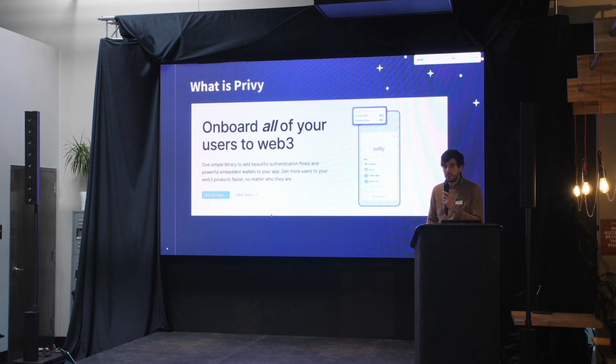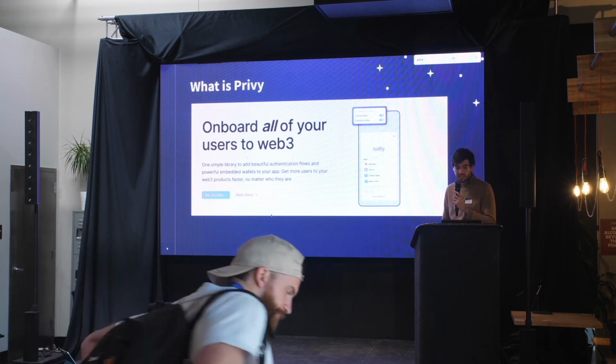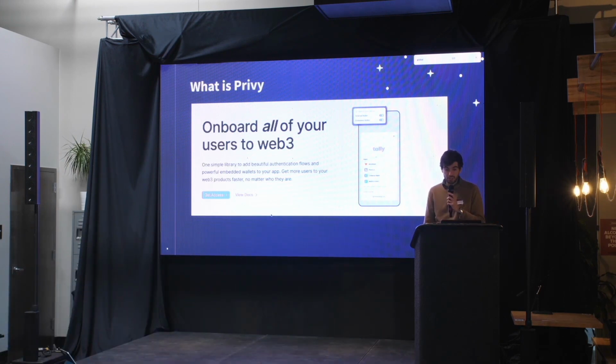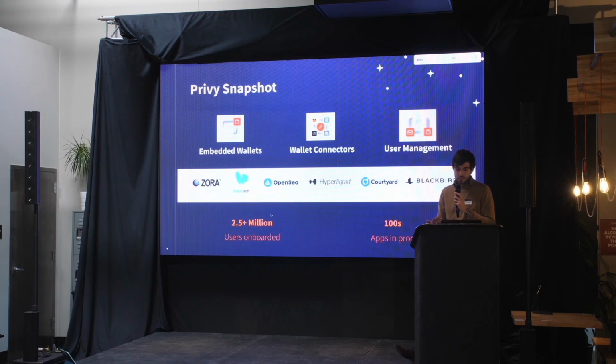I'll start by talking about why I think this is insanely relevant to the work that I do on a daily basis. So Privy is a tool maker. We build onboarding tools so you can get any users on chain very easily, regardless of whether they're very new to crypto and they have no idea what crypto is, or they're very deep in the weeds. And I think our point is a user is a user regardless of how they come in, and that means being able to onboard them in a way that's most natural to them. So we build embedded wallets, we build connectors, and we build basically a user management tool behind them, and it's up to apps that use us to sort of mix and match these in the way that fits the user experience that they want to build the best.